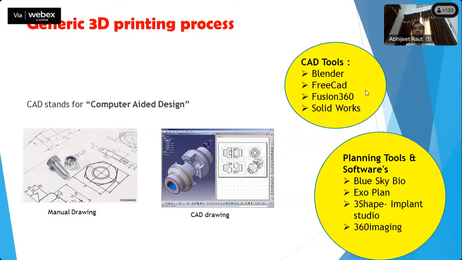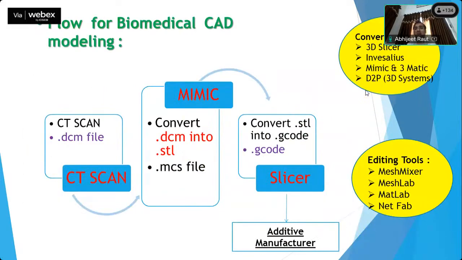So these are the engineering software. After that, as you know, for biomedical CAD there are various software. Mimics, a professional software, and 3-matic, from Materialise. From Materialise, there are the software Mimics and 3-matic. Even 3D Systems, which is the pioneer company in the 3D printing industry, has the D2P software for